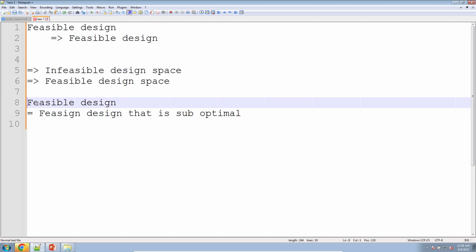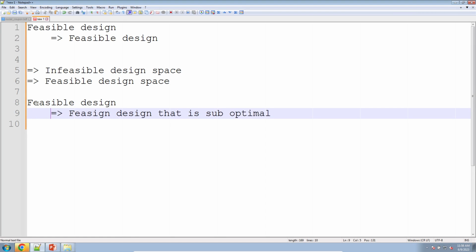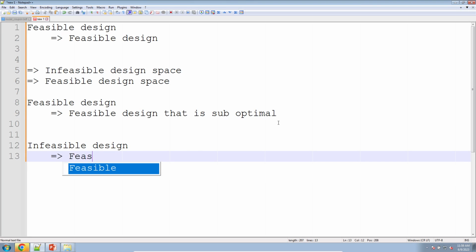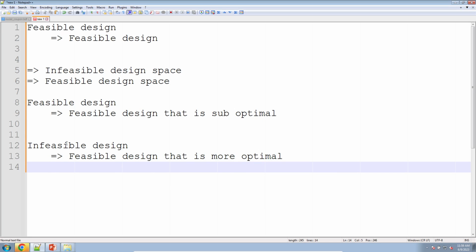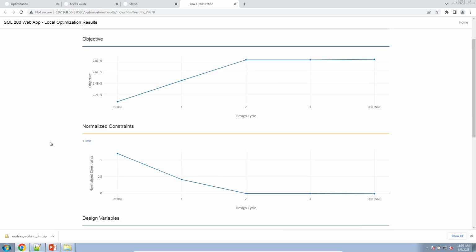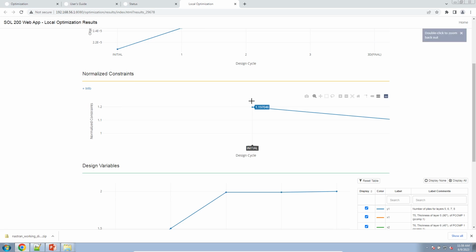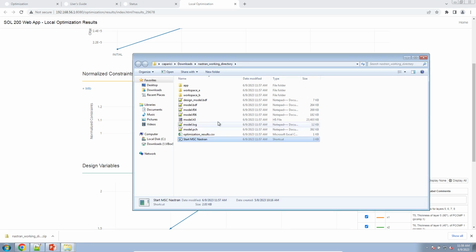So again, let me repeat this. Sometimes when you start with a feasible design for apply number optimization, you'll get a feasible design that is suboptimal. What I found in apply number optimization is that if you start with an infeasible design, you will get a feasible design that is more optimal in many cases. So if you notice back at the optimization results, my max normalized constraint starts off with a value of 1.2. If we look at the F06 file,